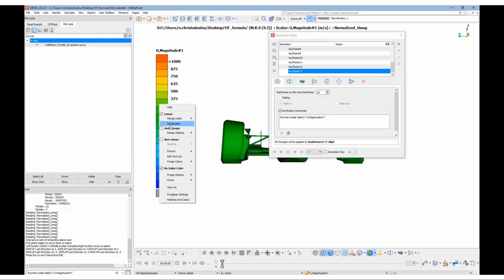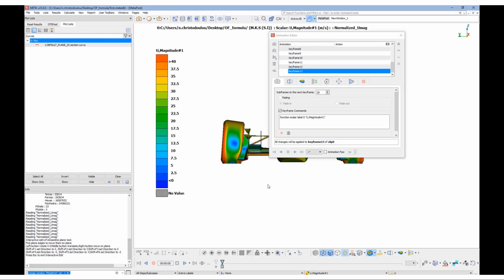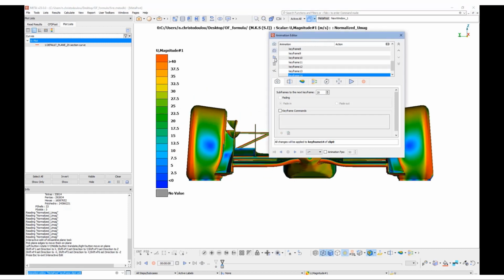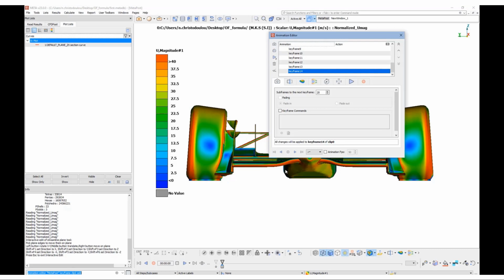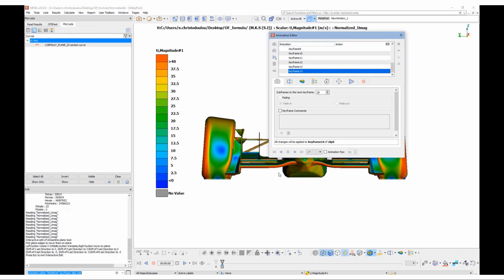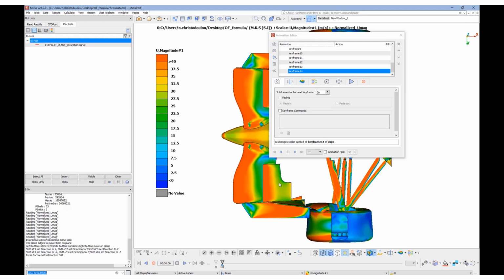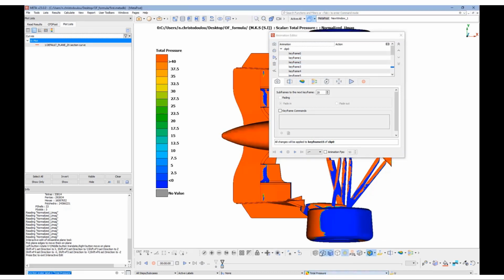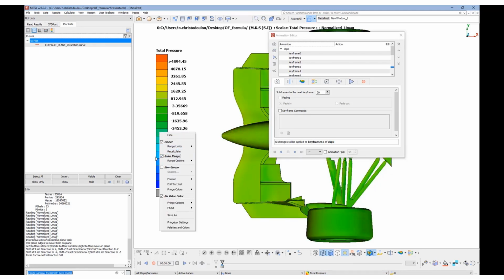That again, we can use the meta command and place it to be changed automatically. So we will start the animation with the total pressure visualization as a result, and then it will be changed automatically to velocity magnitude.